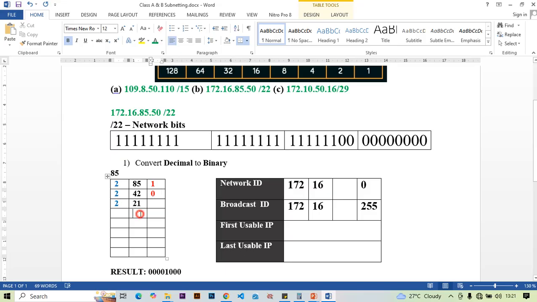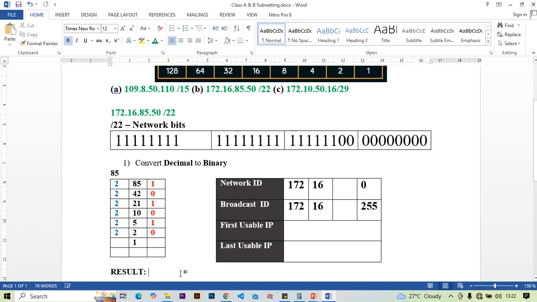21 by 2 will give us 10. That is for 20. Remainder 1. 10 by 2 will give us 5. For 10. Remainder 0. 5 by 2 will give us 2. For 4. Remainder 1. Then finally, 2 by 2 will give us 1. Remainder 0. So now our result after converting that into binary would be the value we'll write from down going